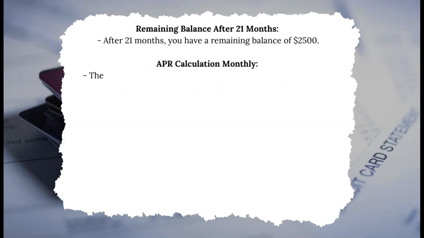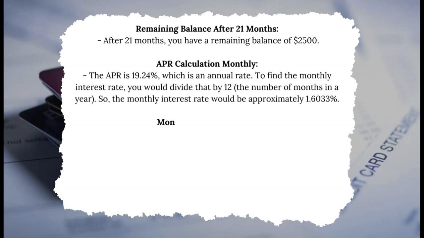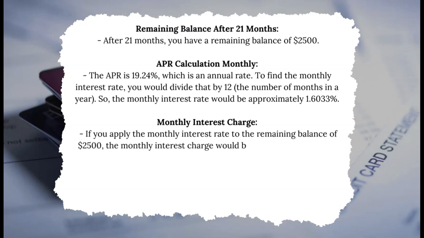After 21 months, you have a remaining balance of $2,500. Okay, so to calculate this out, you're going to take the 19.24%, which is the annual rate. To find the monthly interest, you're going to divide that by 12, the number of months in the year. So the monthly interest rate would be approximately 1.6033%. Okay? If you apply the monthly interest rate to the remaining balance of $2,500, the monthly interest charge would be approximately $40.08. Okay, so that's $2,500 times 1.6033%, and that's how you get a monthly interest charge of